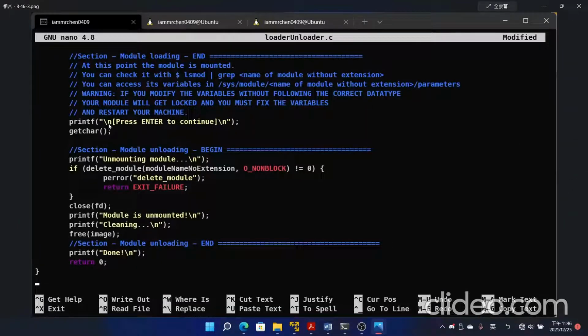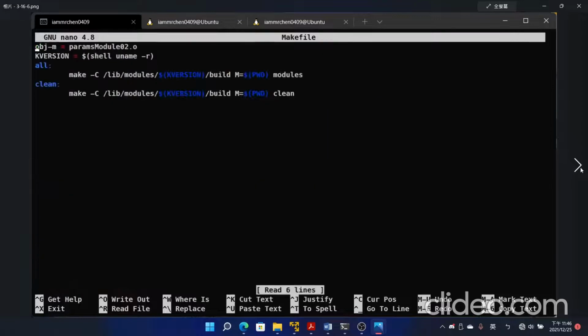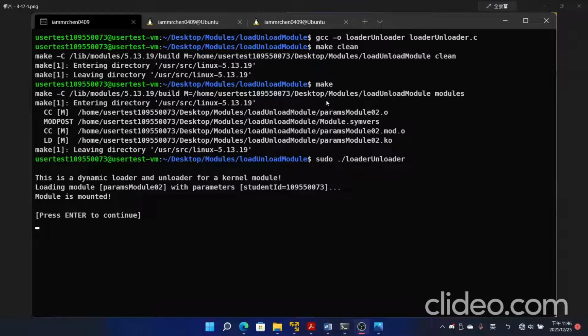And after pressing enter, we unmount the module here by delete module with the mode, and we clean up the space the module just took. And for params module 02.c, it is similar to the params module, and then there is the makefile here. For screenshot number 17, we build the loader unloader.c by GCC and build the module by make clean and make,